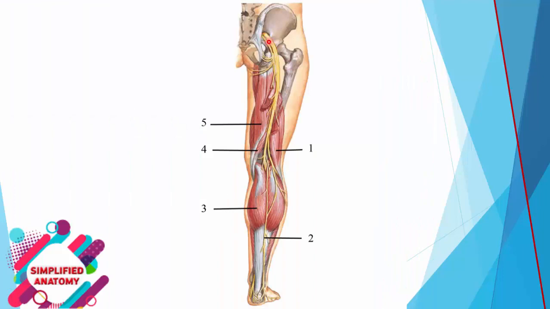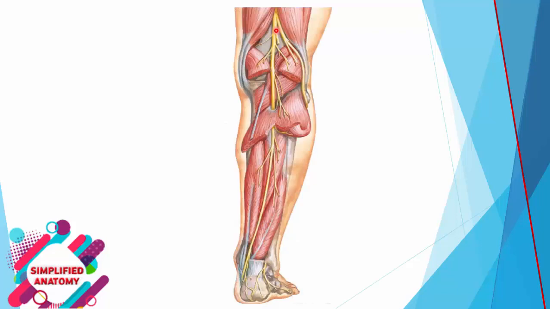This nerve, the largest nerve of the body, is called the sciatic nerve. It divides into the tibial nerve, and this nerve is the common peroneal nerve. What about number 1? This muscle of the back of the thigh goes laterally, so it is biceps femoris. Number 5 is superficial, so it is semitendinosus, and number 4 is deep, so it is semimembranosus. Number 3 is the medial head of gastrocnemius, and number 2 arises from the tibial nerve and goes superficially, so it is the sural nerve.